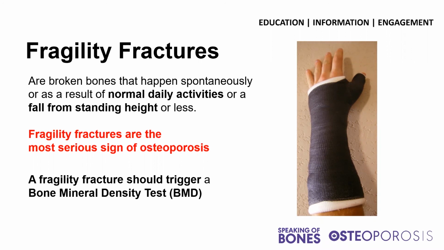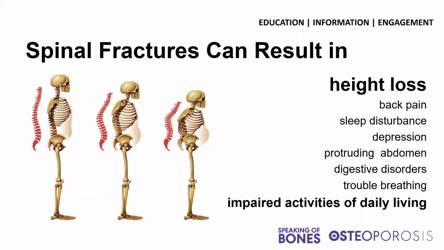So wrist fractures are the most common type of fragility fracture in women under 75. And so this might not seem like something serious, but it can be. These fractures are a sign that the individual may have osteoporosis, and one osteoporotic fracture means you're more likely to have another. So even if it's something as simple as a wrist fracture, that's why we just want to be extra cautious and get that checked out with a bone mineral density test.